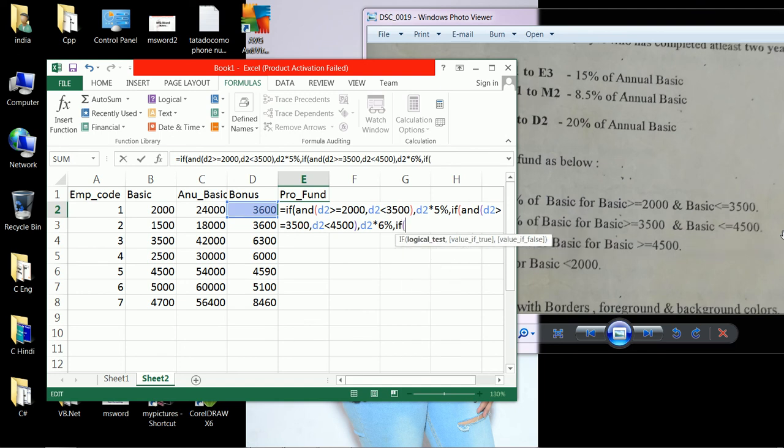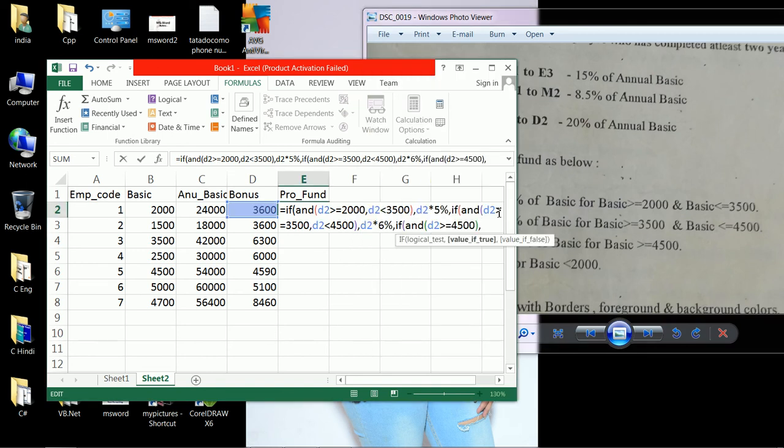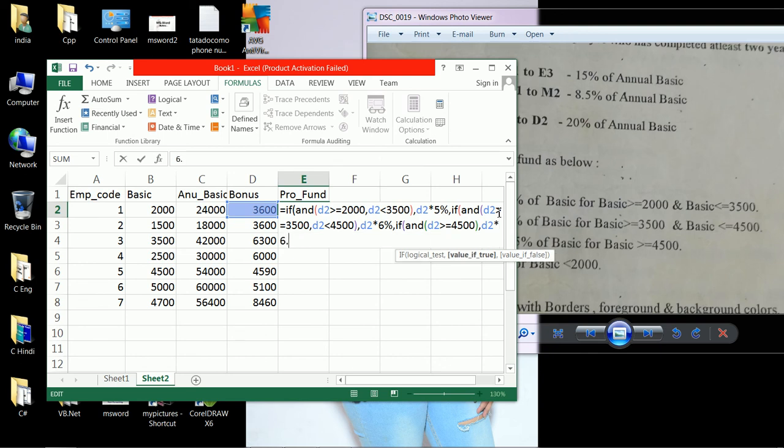Next condition, if D2 is more than or equal to 4500, then there is 6.5%, then D2 into 6.5%. Otherwise no provident fund, let us give 0. Let us see what happens. Otherwise we will change the condition.